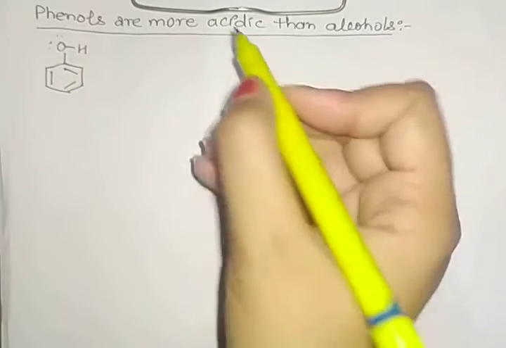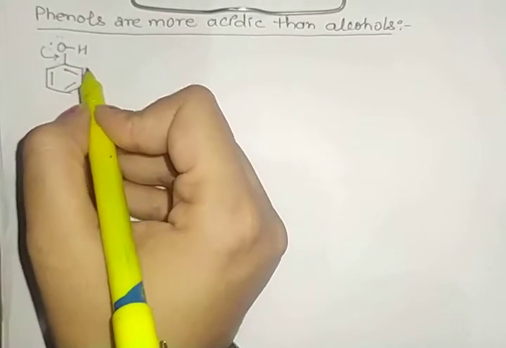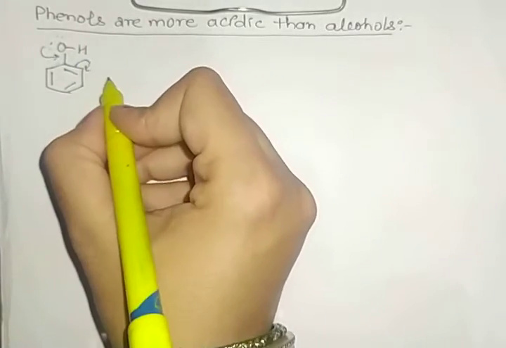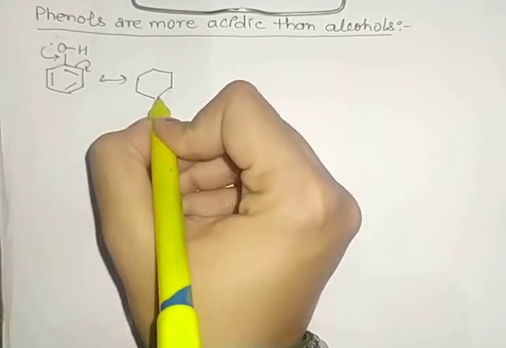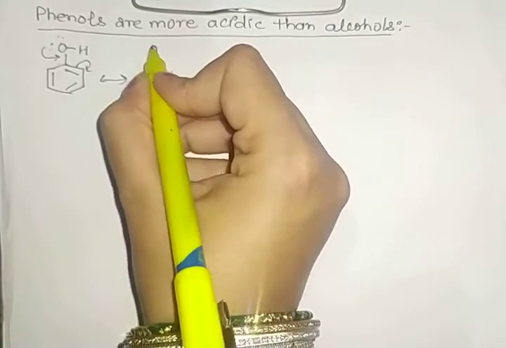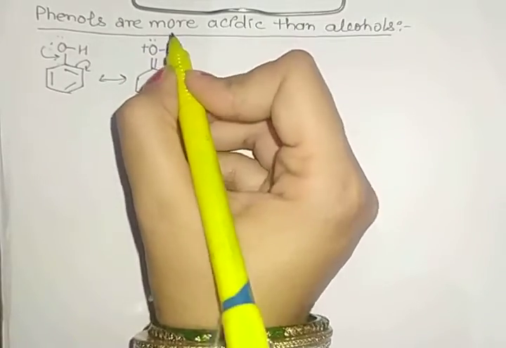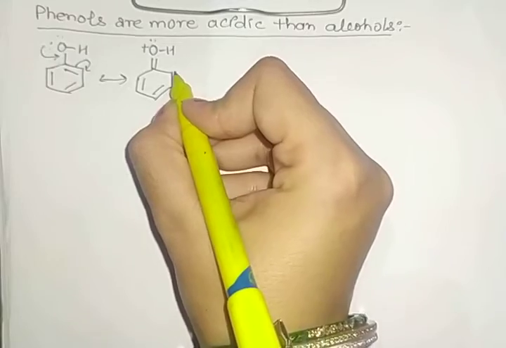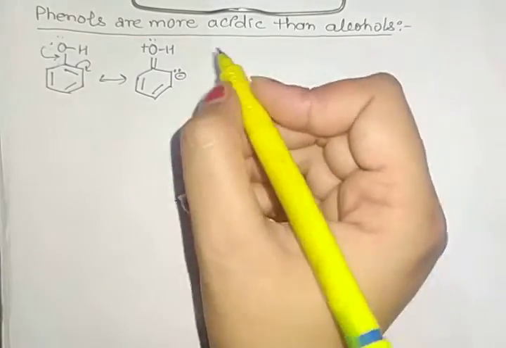Similarly, if I write that this electron is shifted toward this position, and the electron of this bond is shifted toward this position, then in the next structure which I have to write, a double bond is present here. Now oxygen gave an electron, so a positive charge occurs here. These two bonds are as they are, but now the electron appears here with a negative sign.